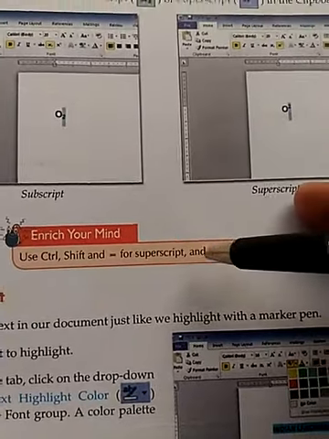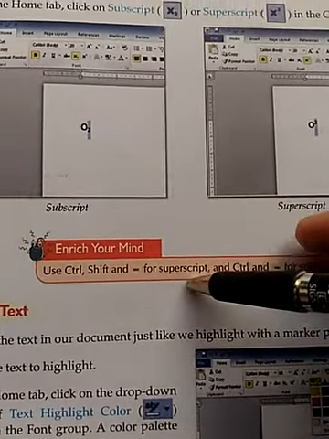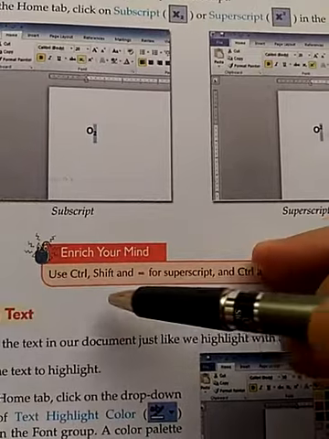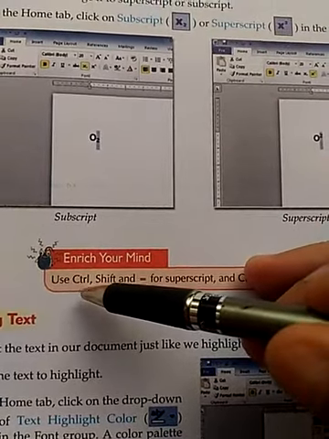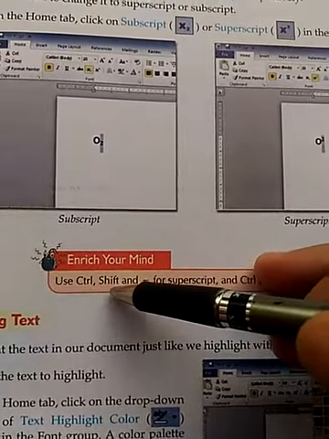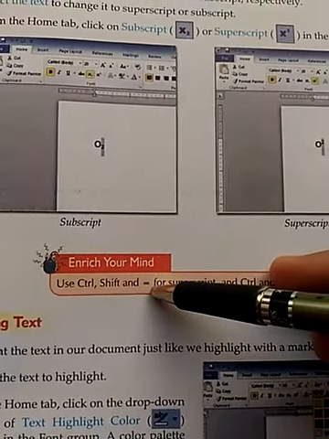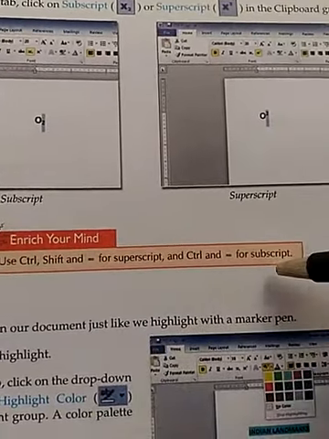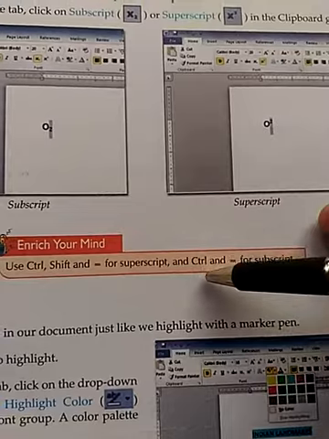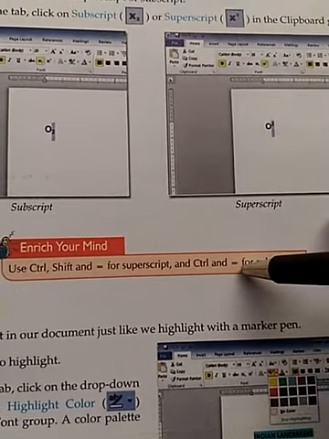Remember that the shortcut key for subscript is Control, Shift and equal sign together, and for superscript it is simply Control and equal.